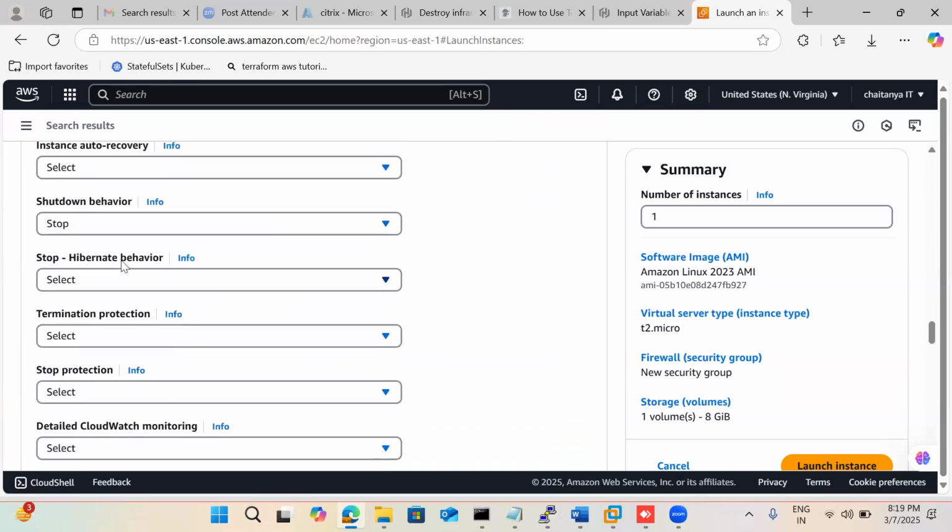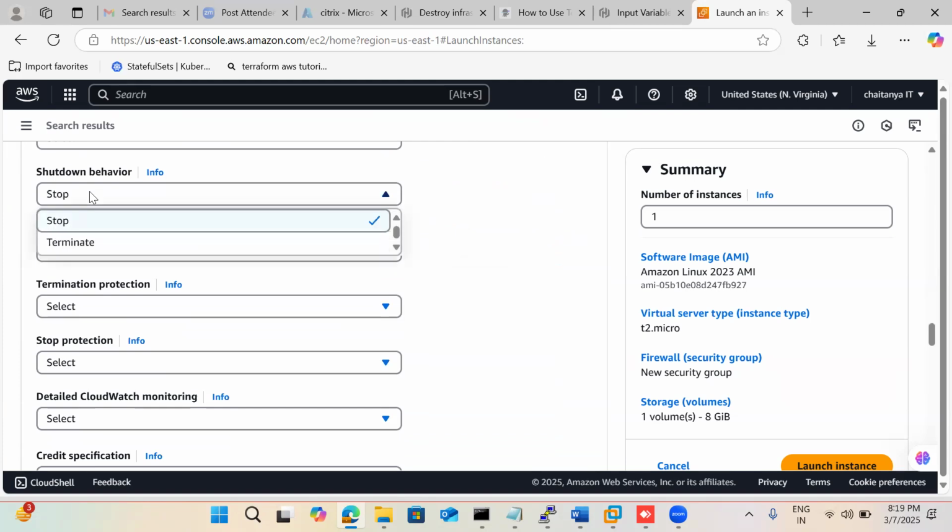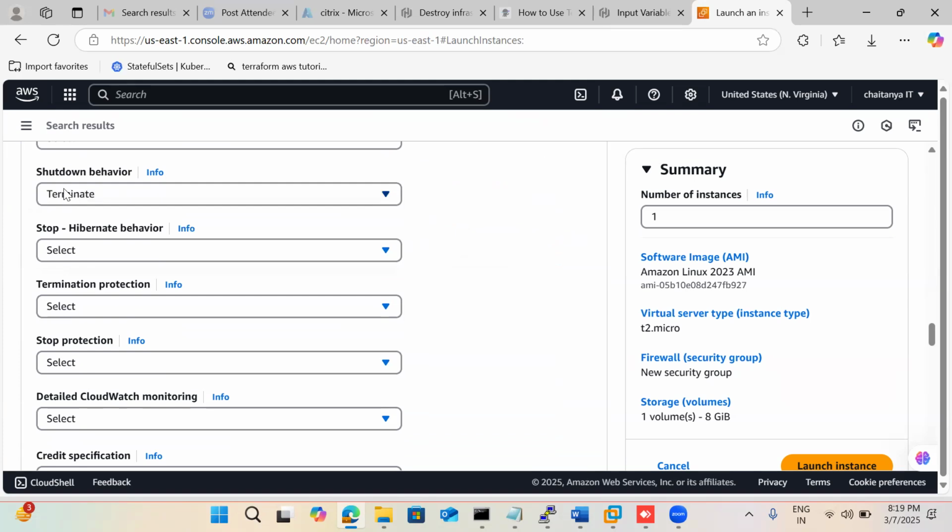Then here we have shutdown behavior. Important things I'm explaining. Shutdown behavior. By default, we have stop. If we want only one time that instance, I'll choose terminate. With this shutdown behavior, what is going to happen is, if I stop my instance itself,